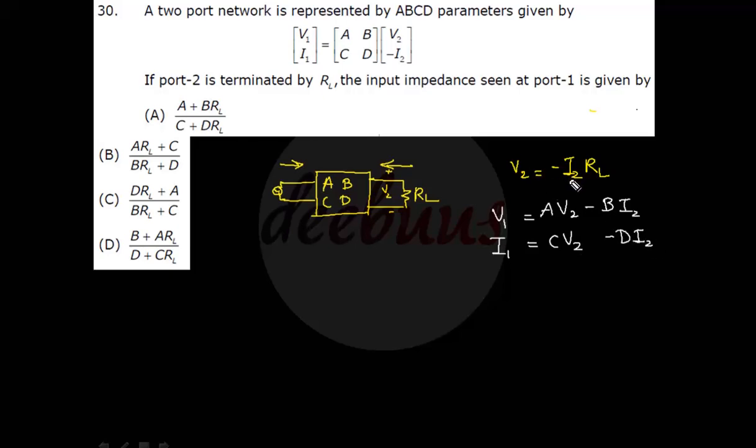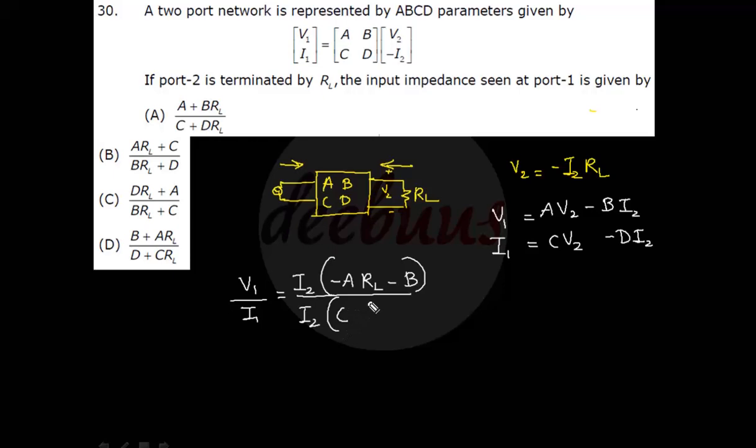Now I am substituting for V2, which is minus I2 RL. Then we have to evaluate the input impedance seen at port 1, which is V1 by I1. Substituting V2 equal to minus I2 RL and taking I2 common, we get minus A RL minus B, divided by, again substituting for V2 and taking common I2,